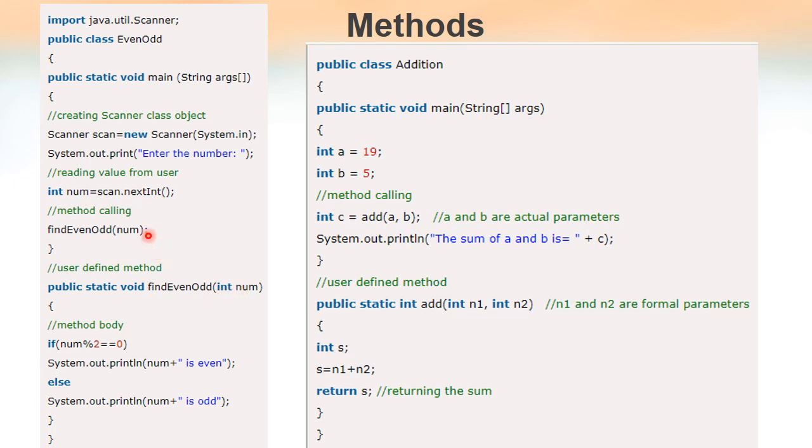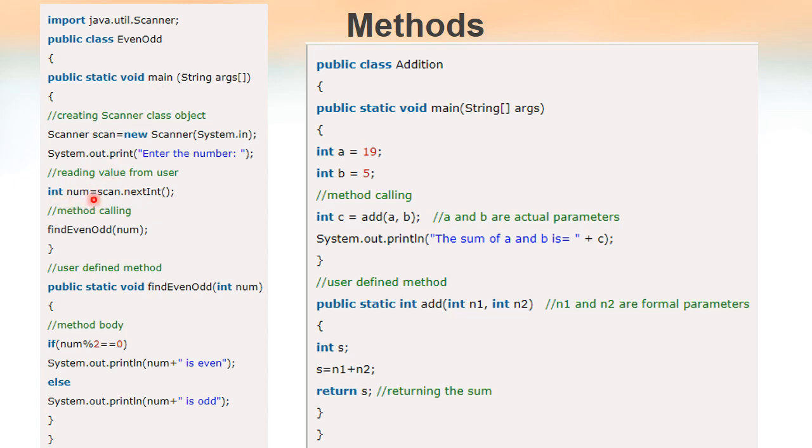The parameters that we use when we call a method are known as actual parameters. So here this variable num is the actual parameter. The value of the actual parameter is copied to the formal parameter. Here both the actual parameter and the formal parameter have the name num, but they are different because this variable num is available only inside this method main,